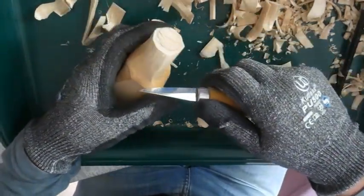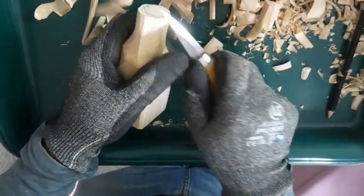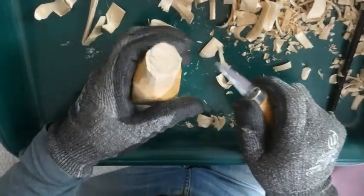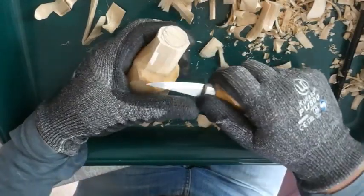Just going round the brim of the hat, just rounding off everything, because it's easy to do now. The hat at the back comes to a bit of a point there, which I want to try and